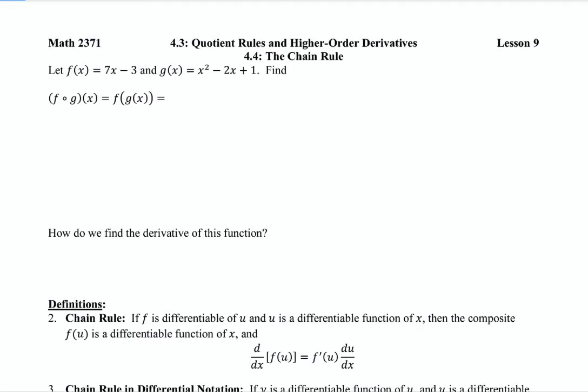All right, now we're going to do Lesson 9, Chain Rule. So the whole point of chain rule is to take the derivative of a composition of functions. So if I have f of g of x, and I want to take the derivative of some function that's made up of f of g of x, so that would be, how do I take the derivative of